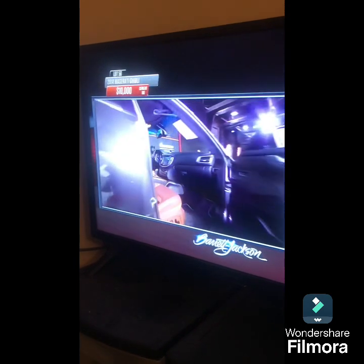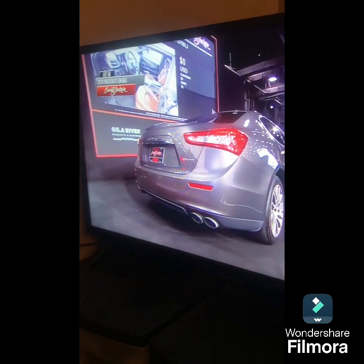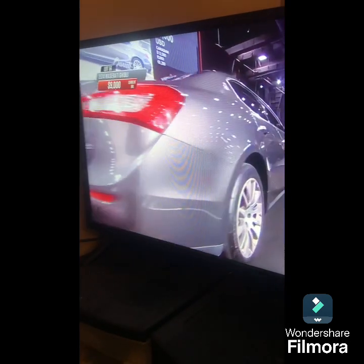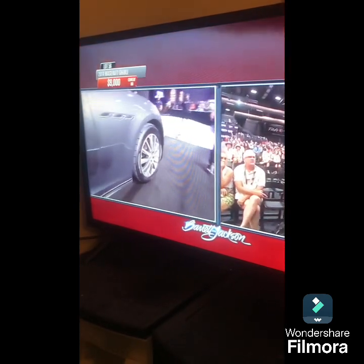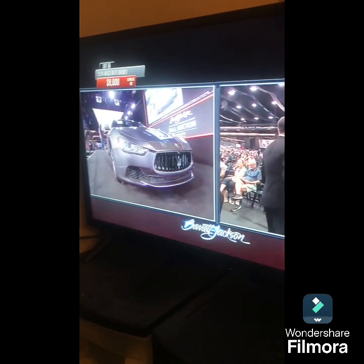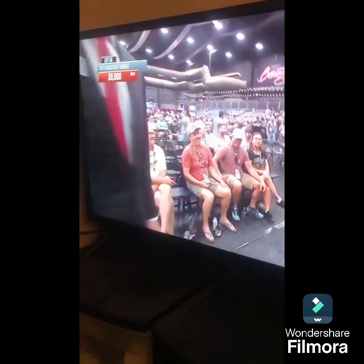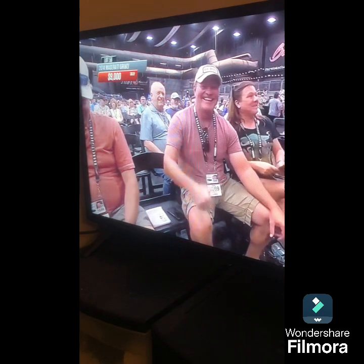Well, at $10,000, the current bid, it has just eased its way into our top 10 sales of the day, but only barely. No, they've just moved it back down to $9,000, so it's not even in our top 10. Yeah, they had different trim levels. They had the S with higher horsepower, and they had a Q for the all-wheel drive. Recently, Maserati has quit getting Ferrari-derived motors, so we'll see what's next for Maserati. $9,000, thumbs up for